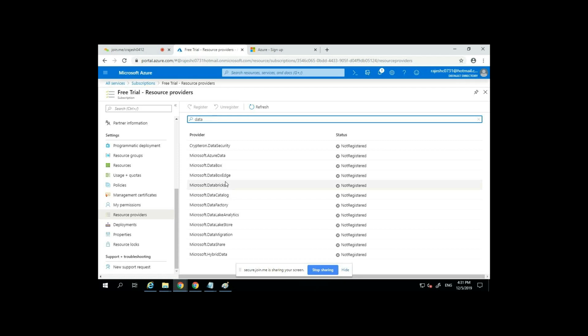If you want to create a SQL database, then the respective resource providers will get registered. Microsoft Data Factory, Data Lake Store, Data Migration, Data Share. These are the resource providers. Currently we are using only compute, storage, and network clusters in the Azure infrastructure, right? So there are other clusters